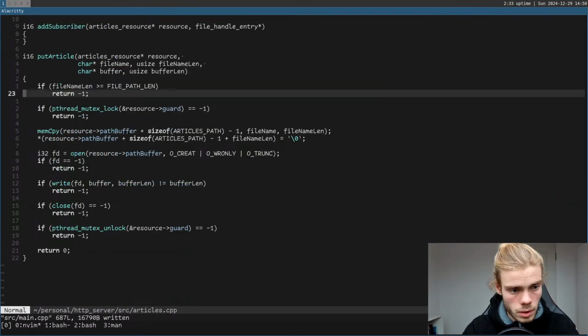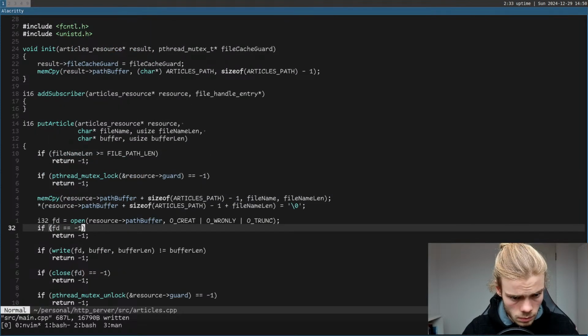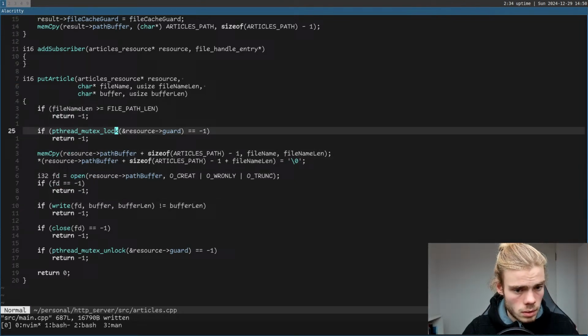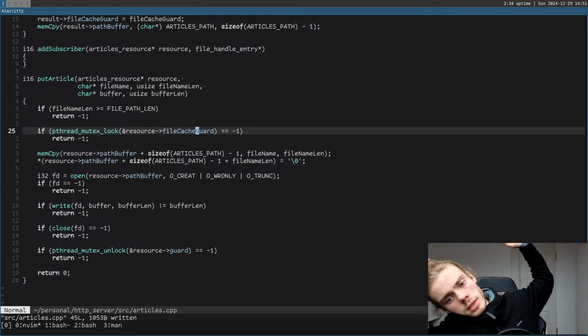So we put an article, then we do acquire the resource file cache guard, because in this case